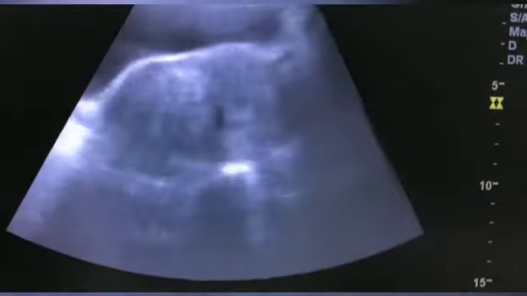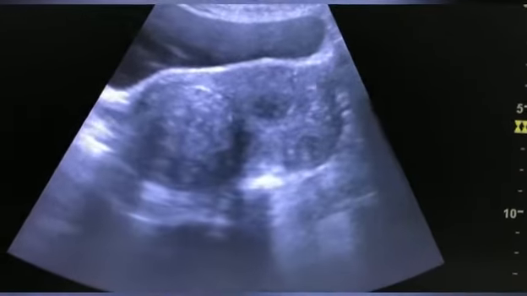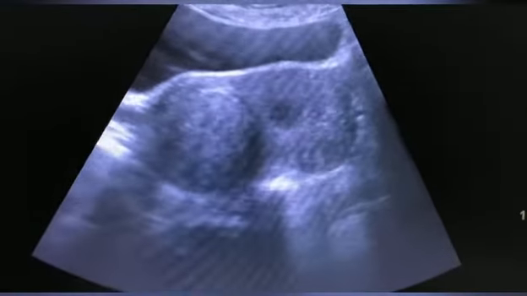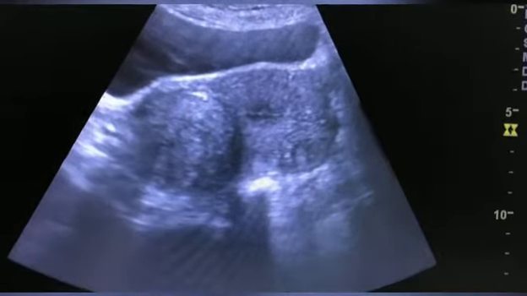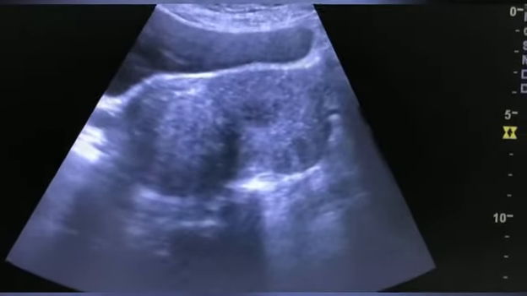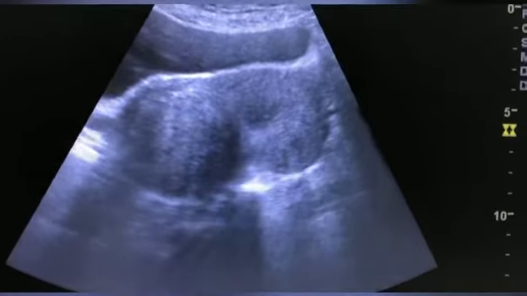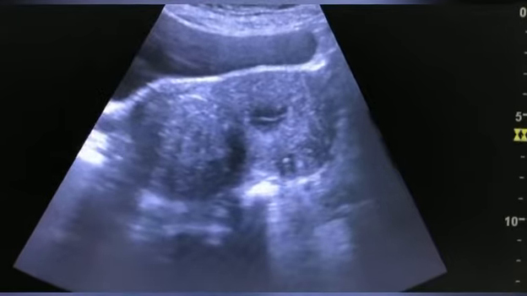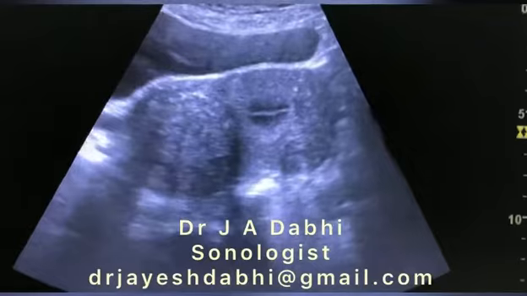I will tell you that this is a case of partly intramural fibroid. As you can see here, on the right side is the uterus and on the left side there is a fibroid, and this fibroid is partly located inside the uterus and partly outside. Why partly? Because the right uterine wall is clearly seen, and the left uterine wall at the cornu is occupied by the fibroid, and this is the transverse view.